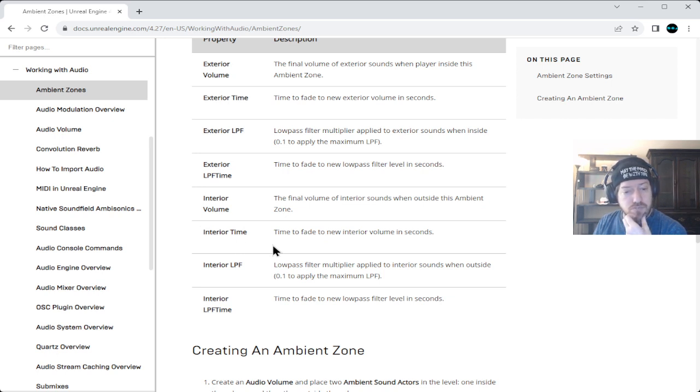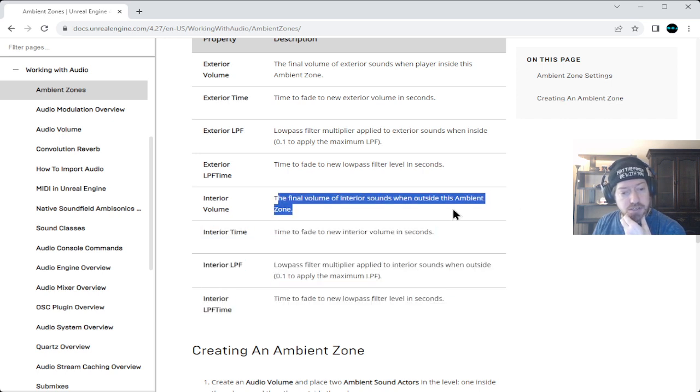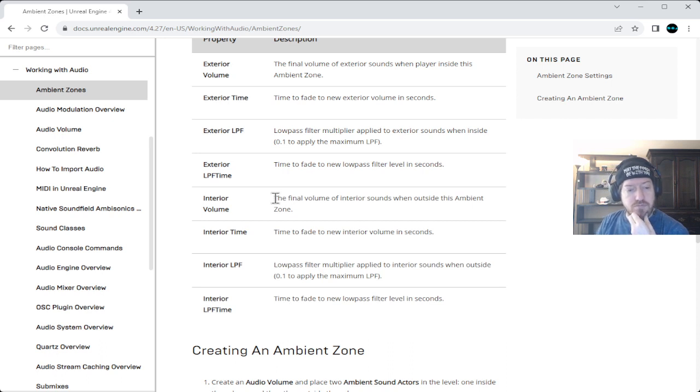Yeah, but the interior volume is talking about when you are outside of that zone. It will depend. If it's in a library, you're not going to hear anything. But if you're outside a shop, then there will be muffled sound of people inside the shop or something. It depends on the shop. If it's a blacksmith shop, for example, you could probably hear a little bit of an ambient sound.